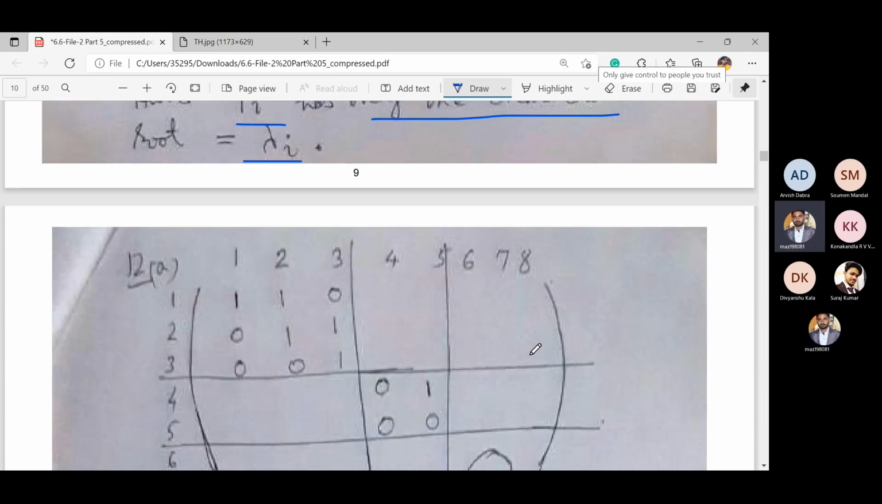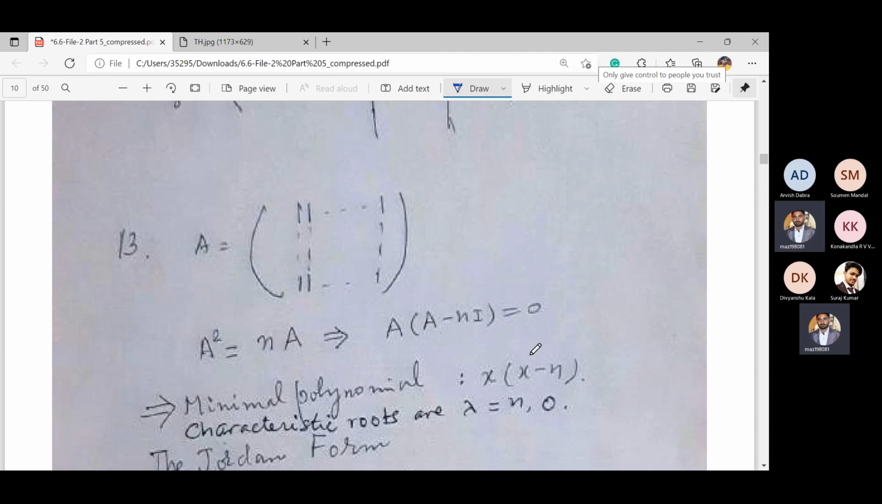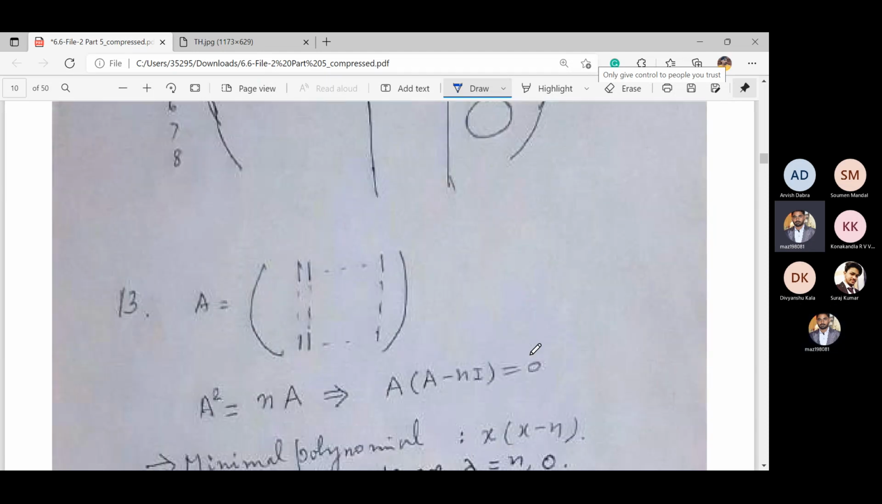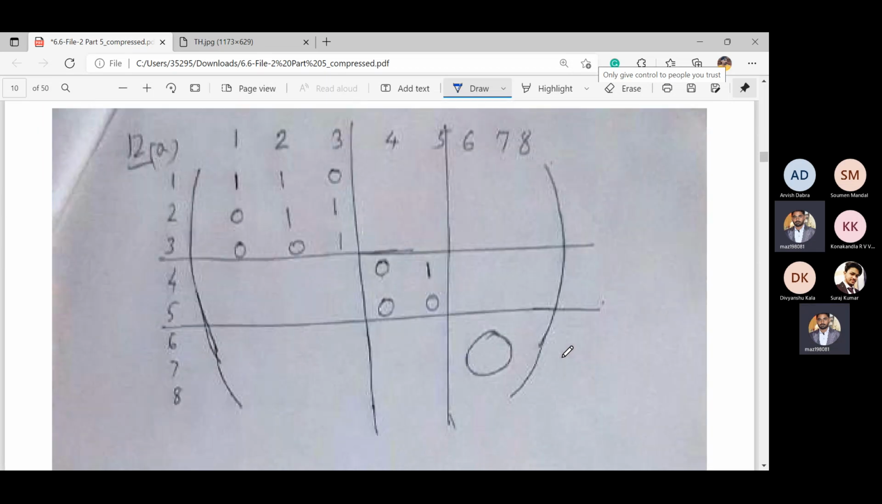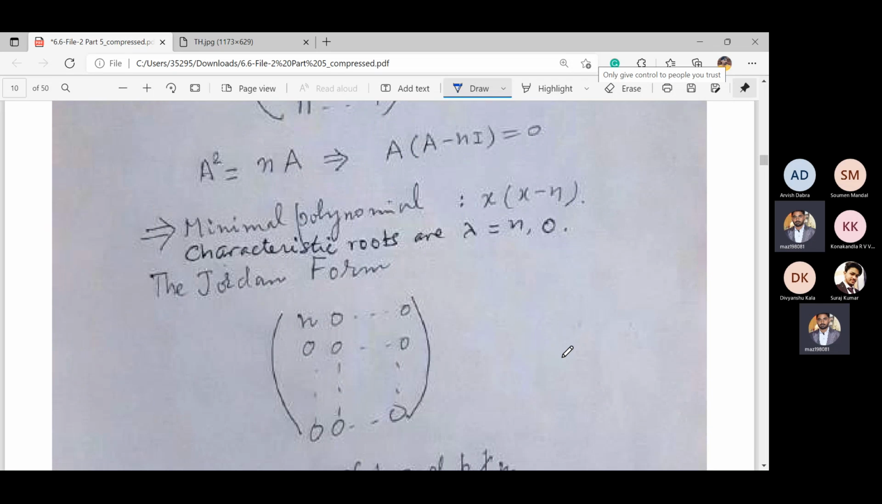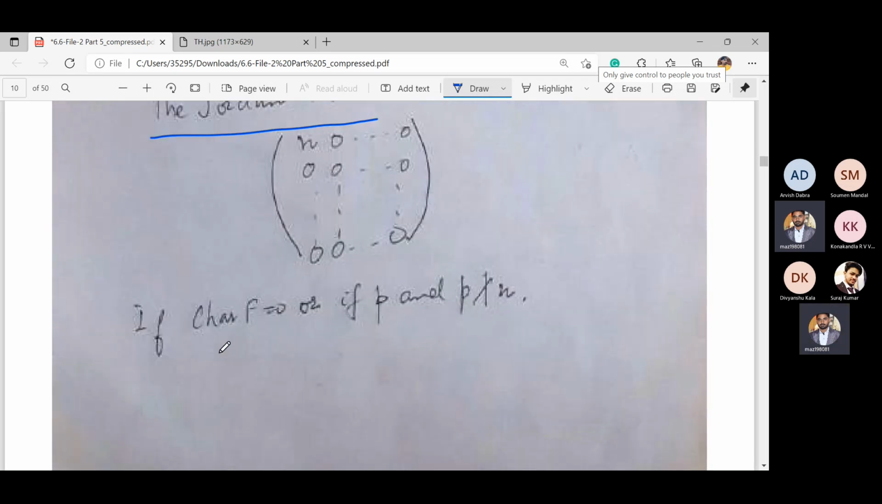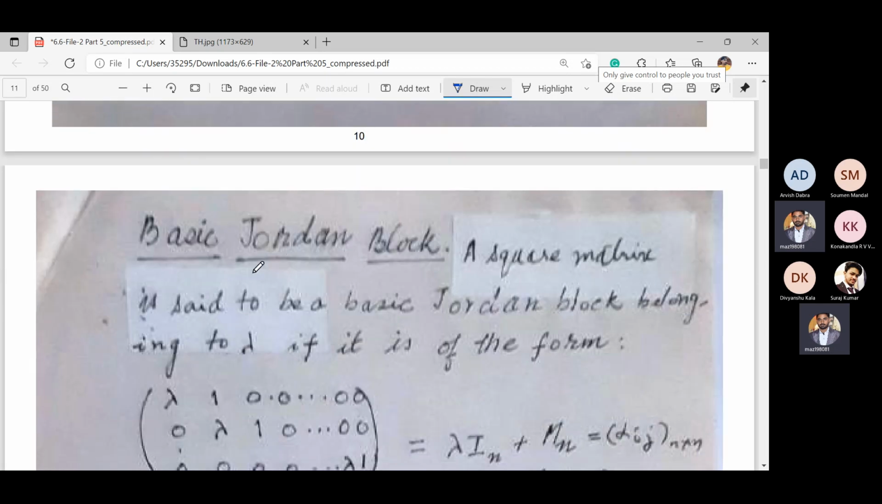Okay. This, let me see once. Okay, these are some examples. I think it's not arranged in the proper way. Jordan form. Now we have to read Jordan form, and from here that example is not arranged